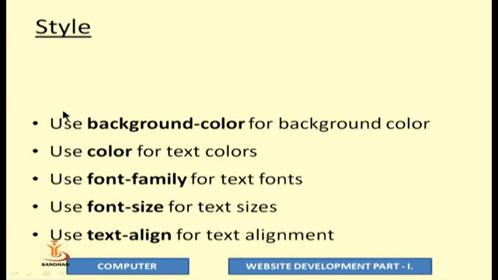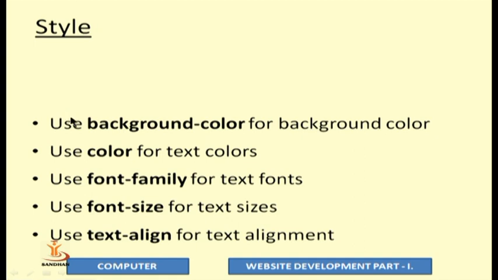Even if you have knowledge of hexadecimal code, you can directly write hexadecimal code with a hash mark. Hash mark, red hexadecimal value, green hexadecimal value and blue hexadecimal value. For representation of 255, the hexadecimal value is FF. So if I want white color, I could write hash FFFFFF. That means it is a white color.